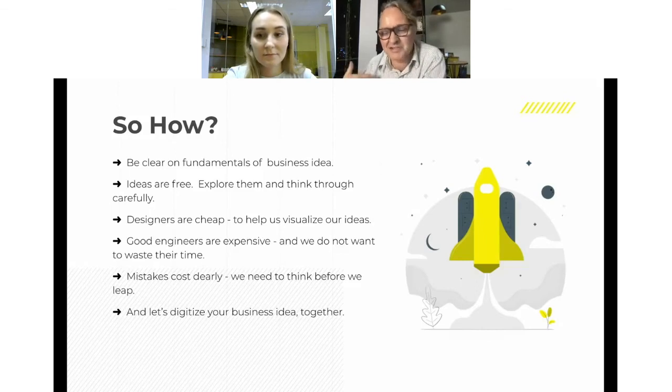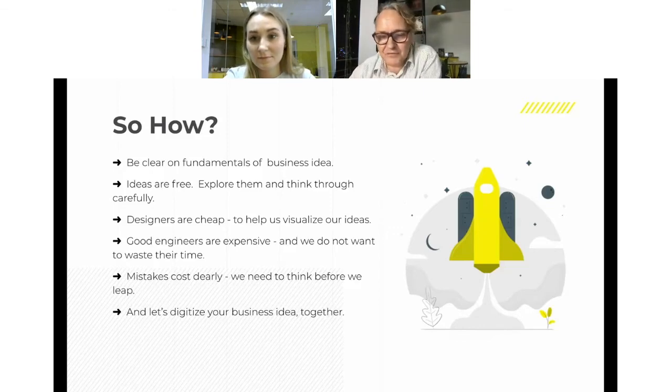Let's say a month on design, a month on development, a month on debug and deployment, the 4 Ds of the software development lifecycle. It may well be that you don't achieve all your goals in those 2 or 3 months, but let's take the opportunity to test things out as early as possible. Let's do a POC